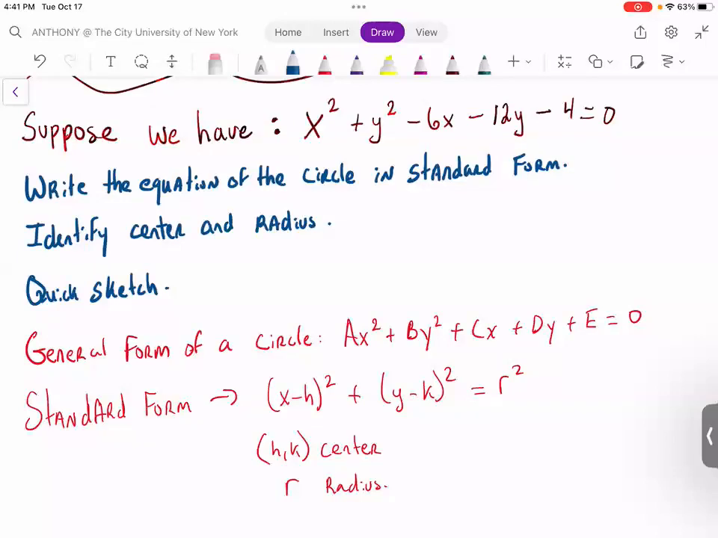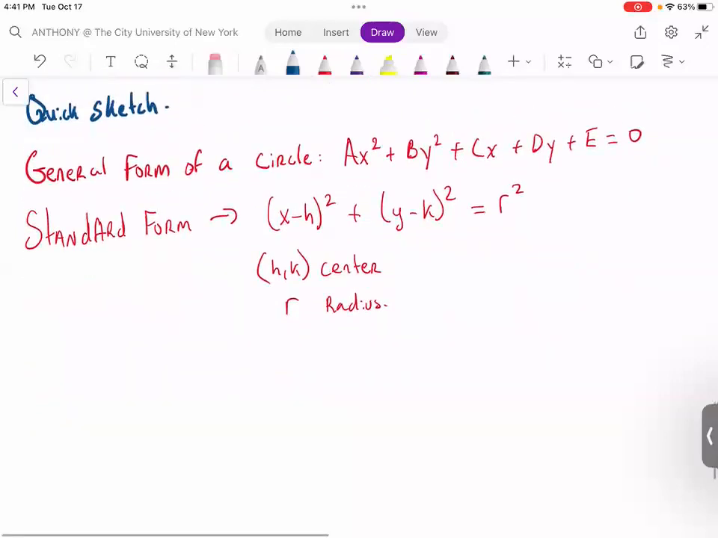Okay. So if you have an equation of a circle in the general form and you want to write it in the standard form, the method that you use is completing the square. So what I'm going to do is take the given equation, rewrite it, and show you step by step how I personally complete the square. The given equation was again x squared plus y squared minus 6x minus 12y